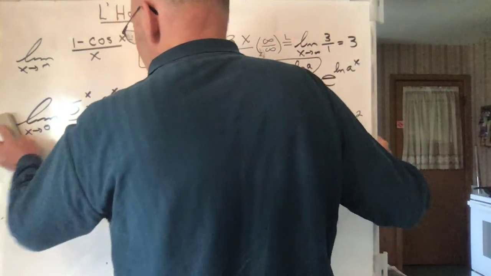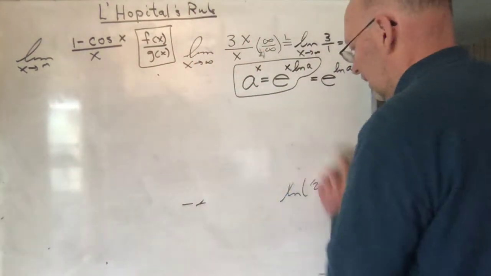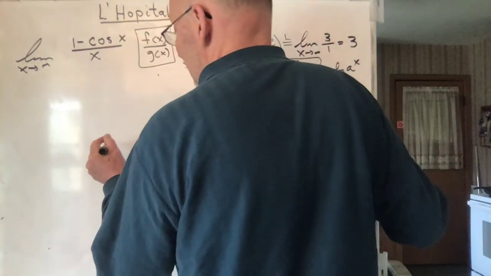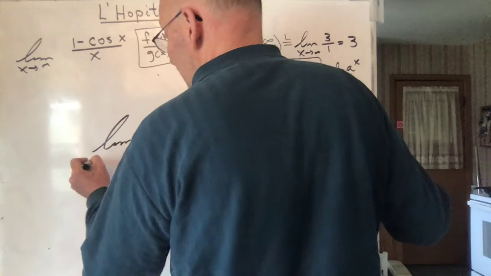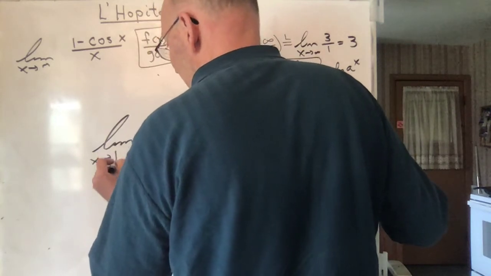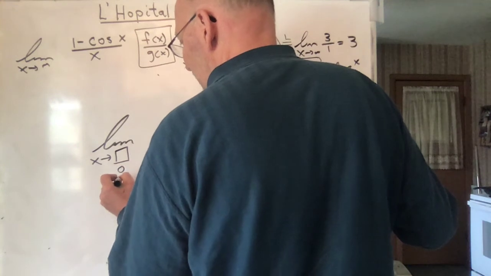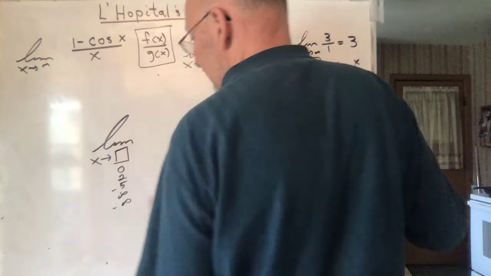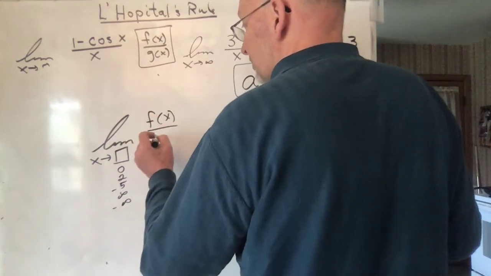Okay? So as long as I've been using it now, let me just write it down so you got it. Here's what L'Hopital's rule says. It says you take the limit as x approaches anything. It doesn't matter what that is. It could be 0, it could be 2, it could be -5, it could be infinity, minus infinity, it doesn't matter. And if you have two functions,